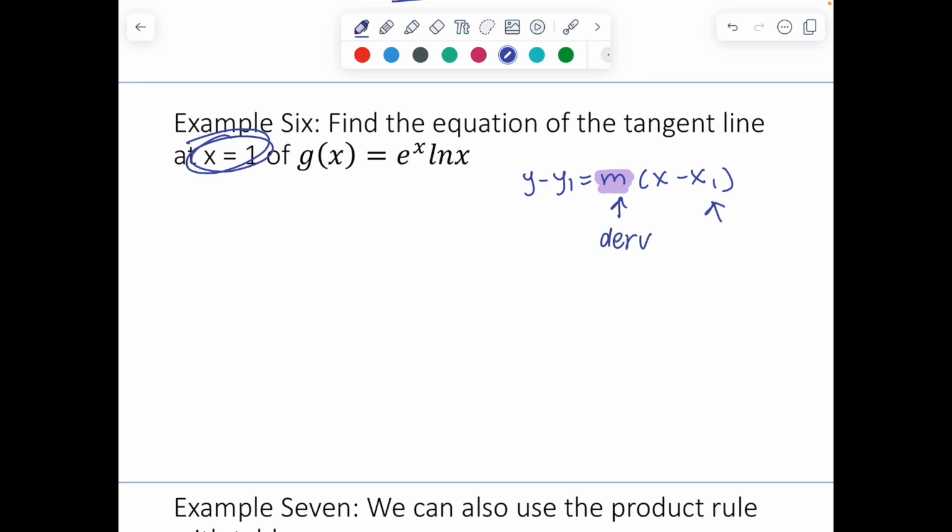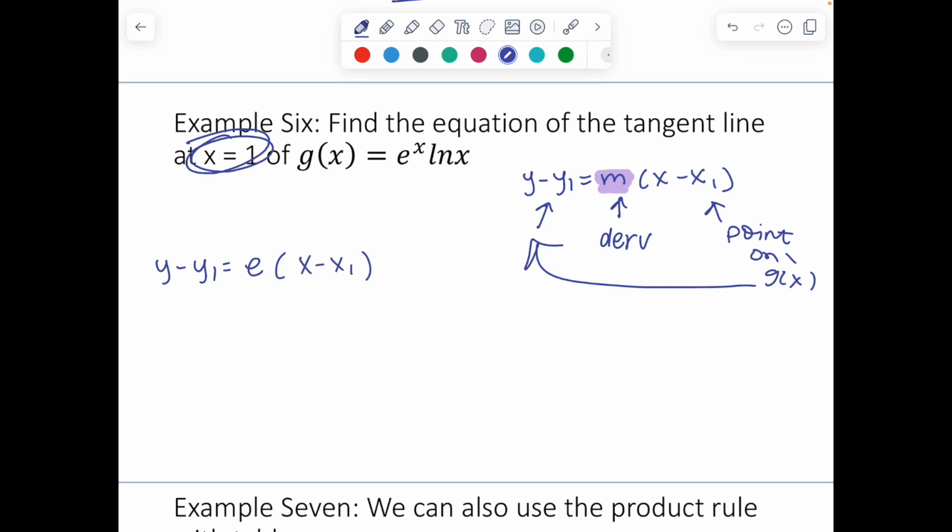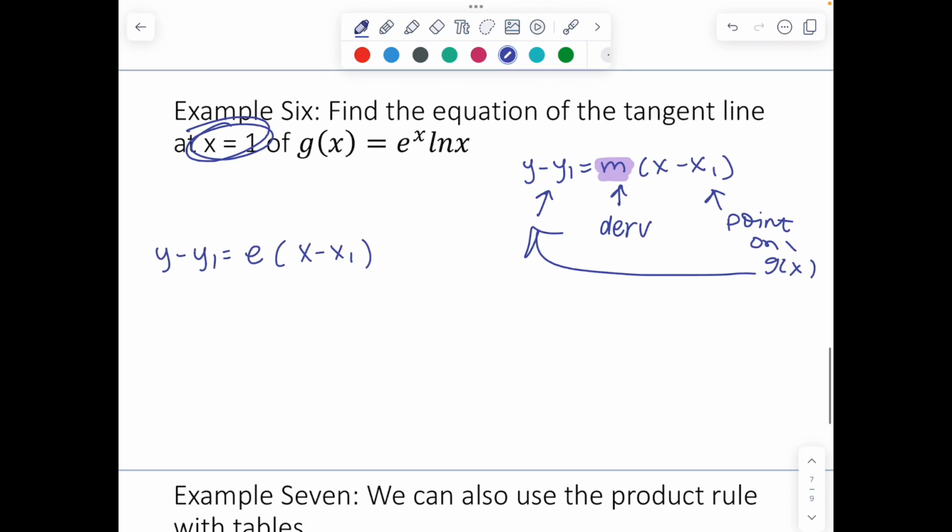And then the x1 is just a point on the line, on the original function. It's just like a point on g of x. And so is this one. So I already found the derivative at 1 from the last problem. I already know in the last problem that e is the derivative, because this is the same function, right? So we just did that. We figured that out there. And then we want to find the equation of the tangent line at 1. So that means it's going to be x minus 1. So all I have to figure out is the